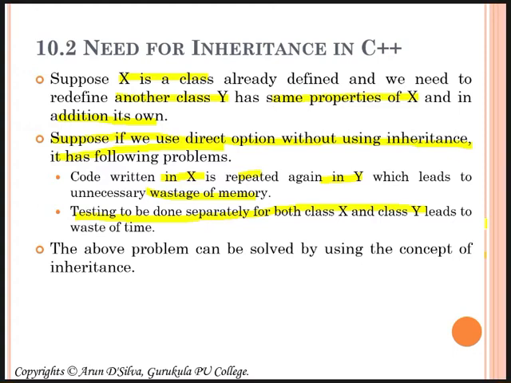So this is the way you can reduce your packing. What I am trying to say is, this is just an example, a real time example. Here also, if class X has some properties, they can be reused in class Y.